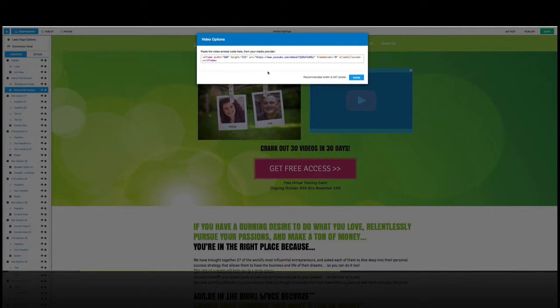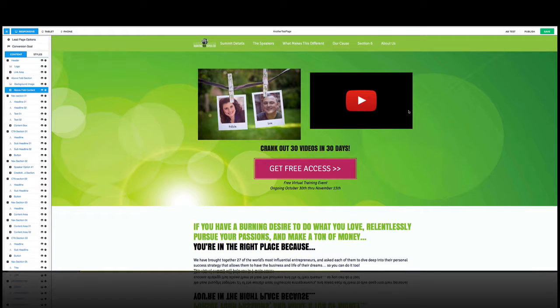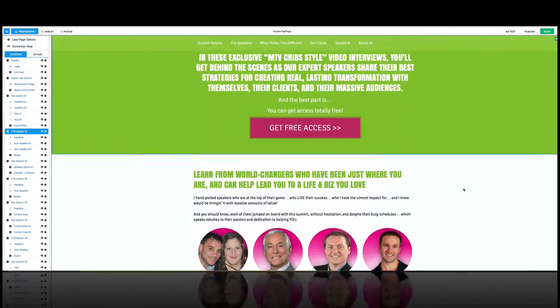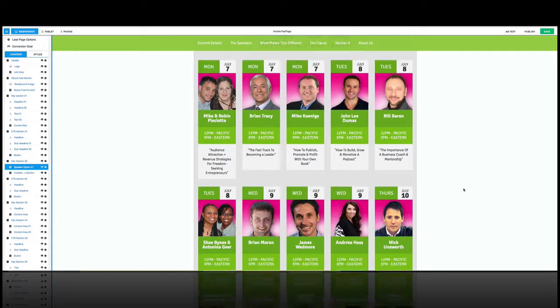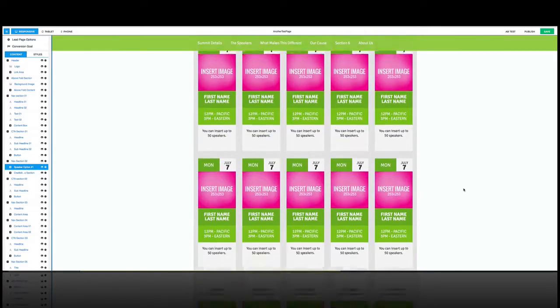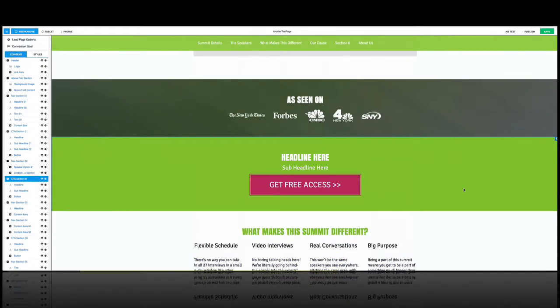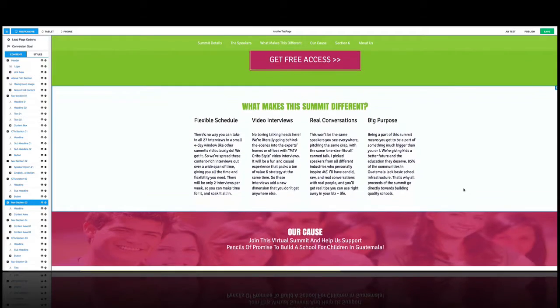There it is. Paste the embed code and click done. Alright, so now if you wanted to preview or see this page in progress, and again, you can change all these sections or you can hide them. This has a gazillion different ways to go here, so we're going to skip all that stuff and go back